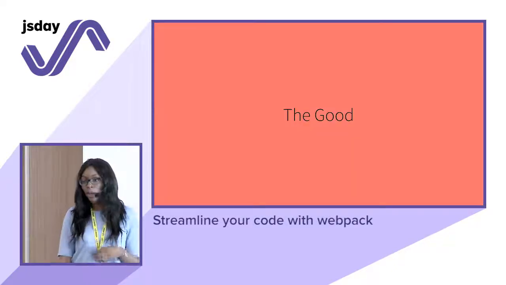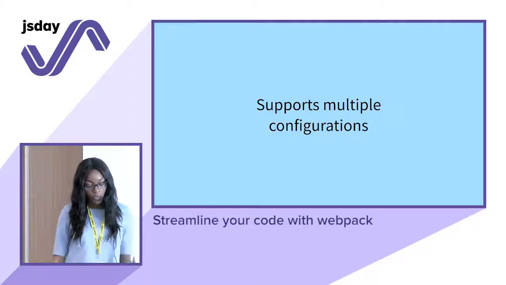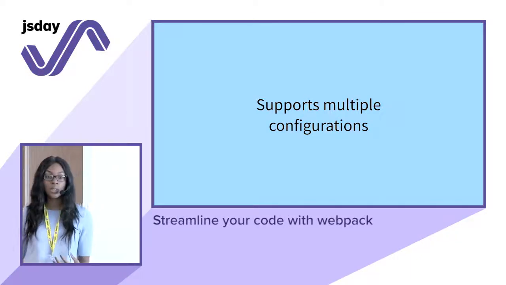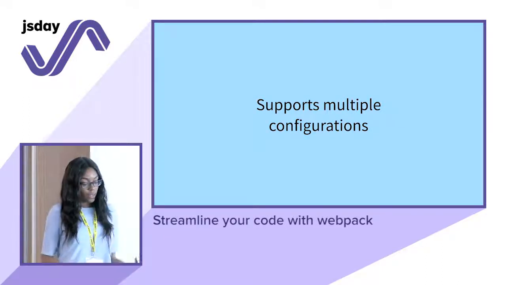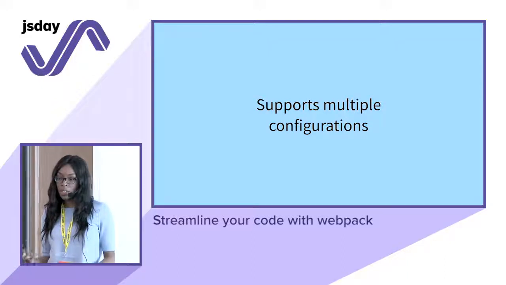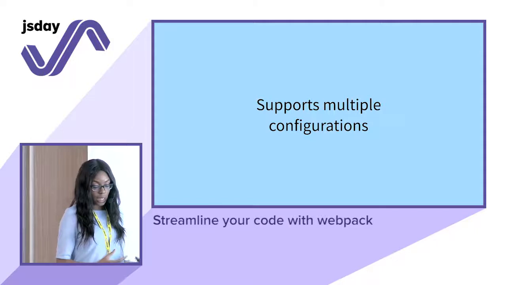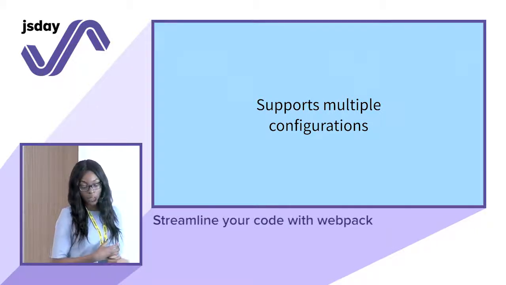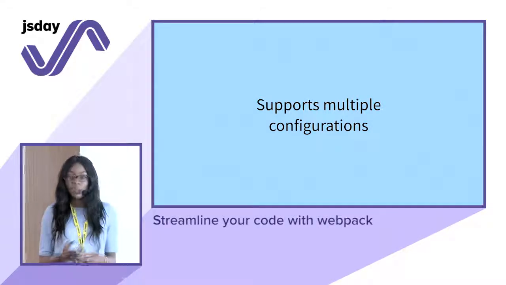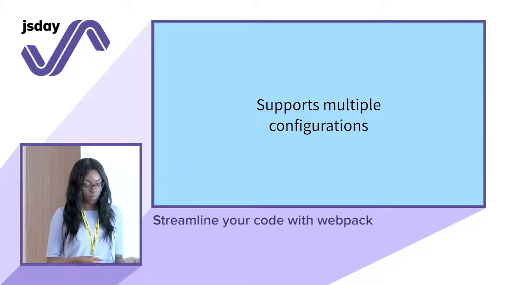So let's start with some of the good things that Webpack does do. And one of the things that's working for us at FutureLearn is the fact that it supports multiple configuration files. So we can set up different configurations for different environments and different browsers. So what we're in the process of doing at FutureLearn is saying that actually most of our learners are using modern browsers. So we don't need to use the Babel loader to transpile that JavaScript code back to ES5. We can just give them the code that we write.